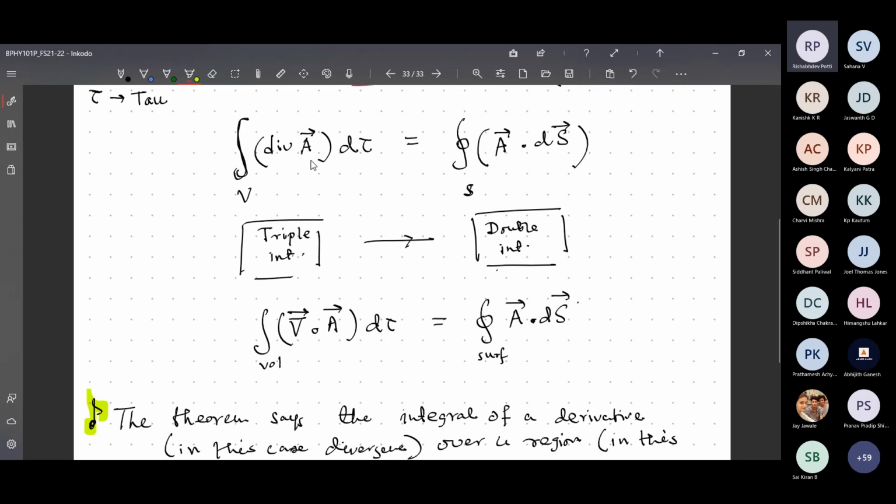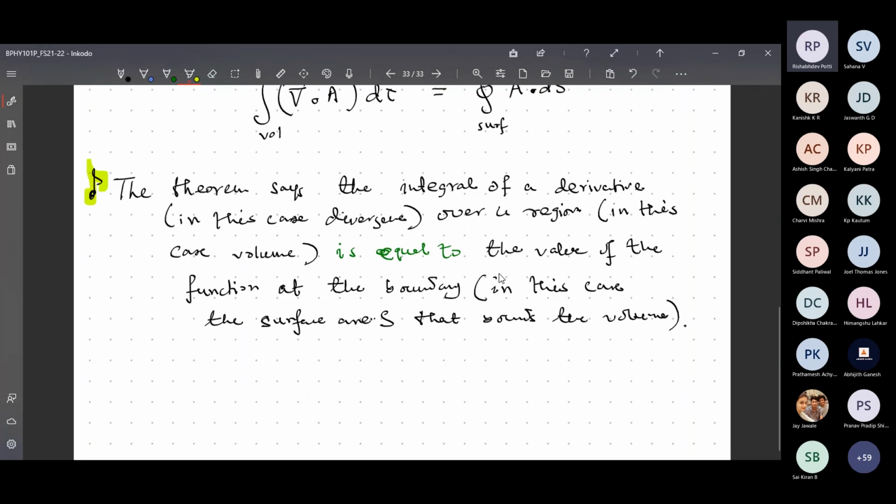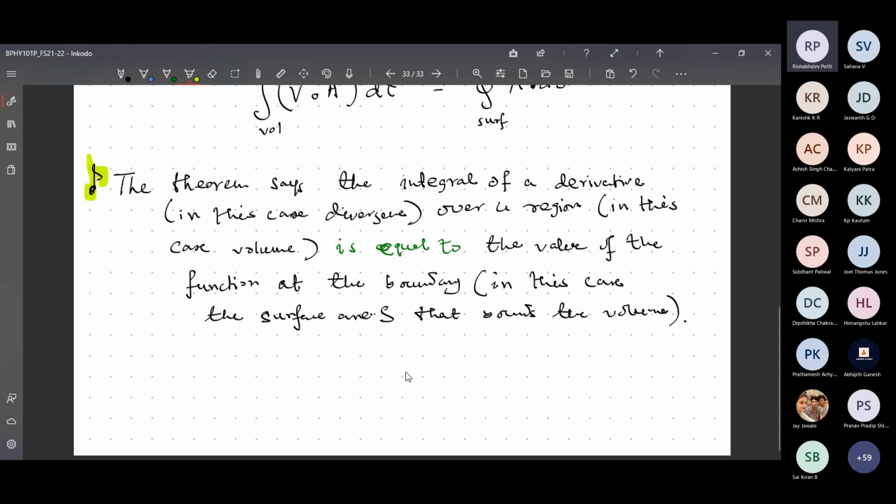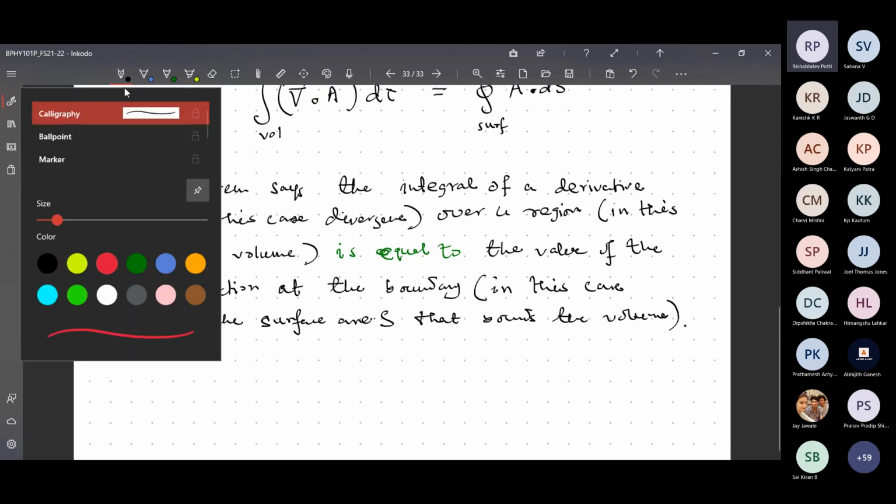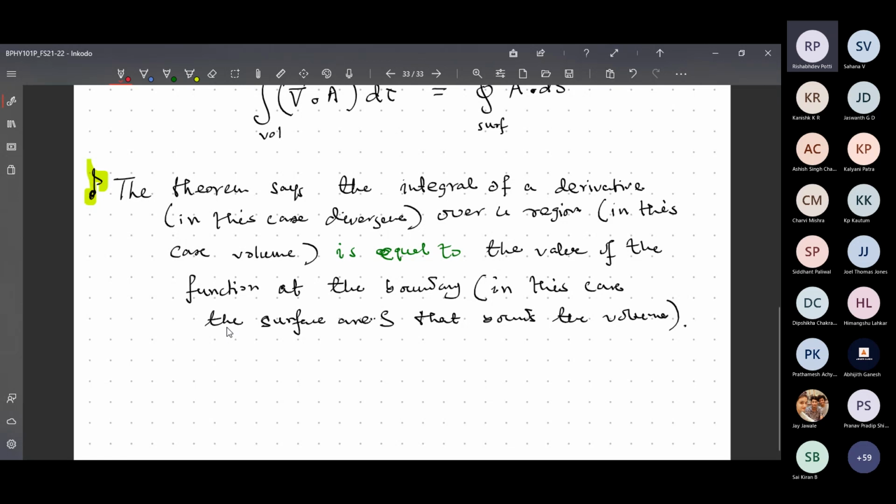This function is the vector field A, a vector valued function, and I am taking its value at the boundary. Now, in which sense am I talking about a boundary? Because it is a volume. If I tell you the meaning, it will look like this. Let's say I have a vector field example. Of course, I will not compute the example, just for your understanding. Again, qualitative. Suppose I have a vector field A like this.